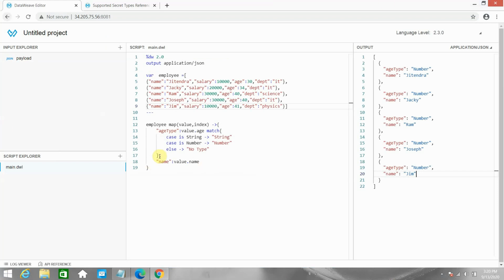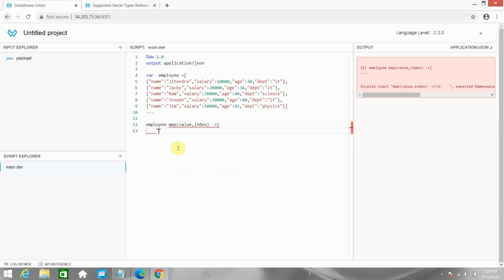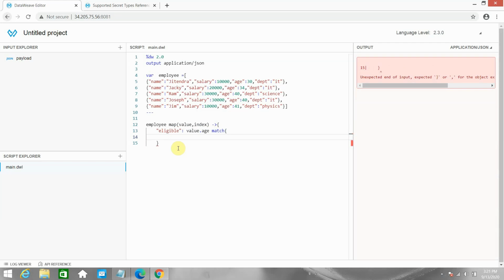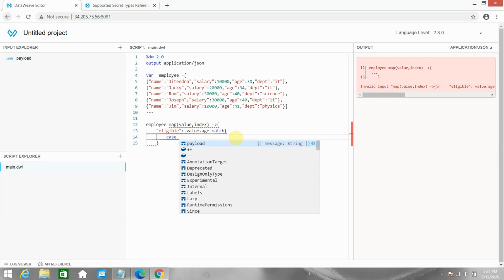Okay, so let me remove everything. Again, what I will say is eligible, this is the field. Okay, and I can say value dot age match. Okay, and I can say curly bracket. Now the first case, where I want to read this age, you can use any parameter n or whatever, or I can use age also, no problem. And you can say if age is less than or equal to 30, then you have to say